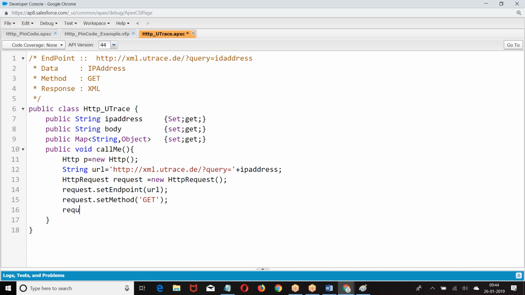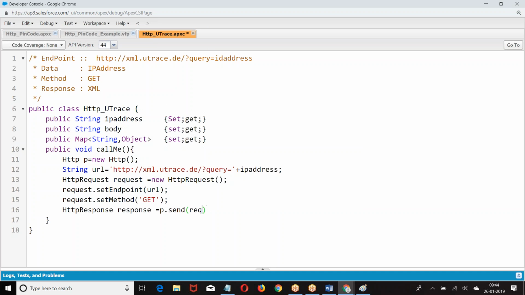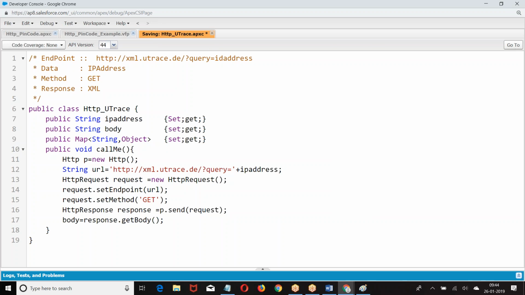Then the URL method. First, let us make it very simple.